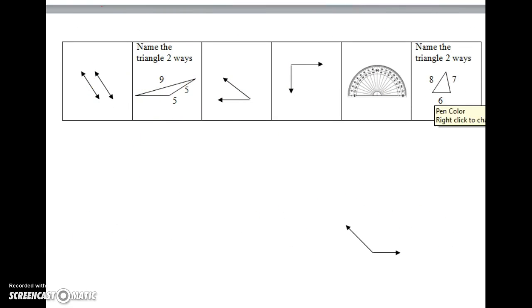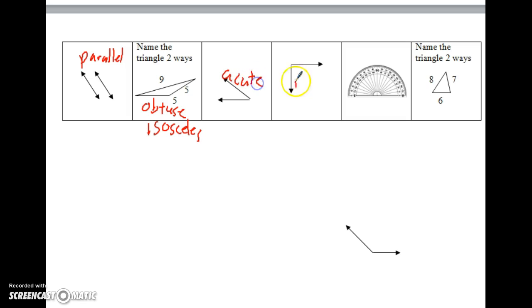And last part, we have some parallel lines. Name this triangle 2 ways. It does have a big obtuse angle, and 2 sides are the same, which make it obtuse isosceles. We got a cute little angle, a right angle,